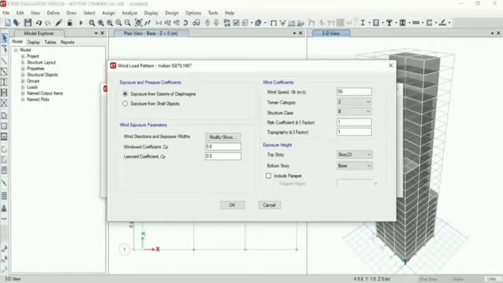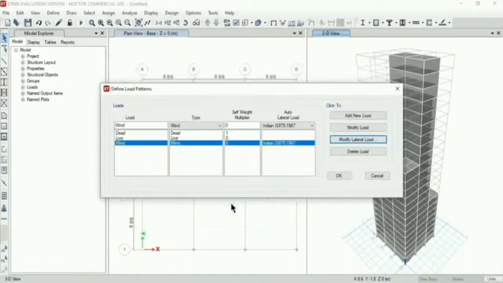So the wind speed is taken as 33 meter per second. Click OK.